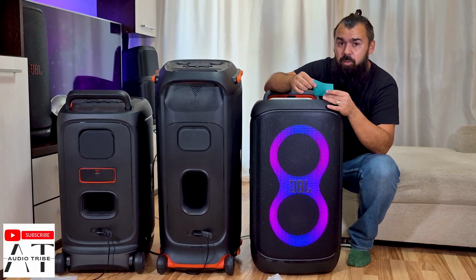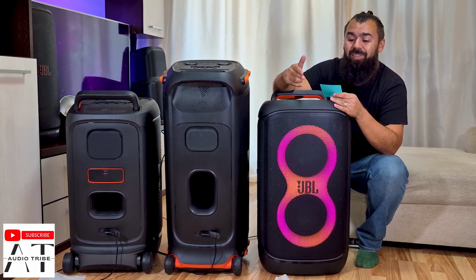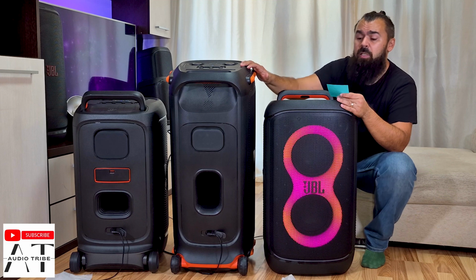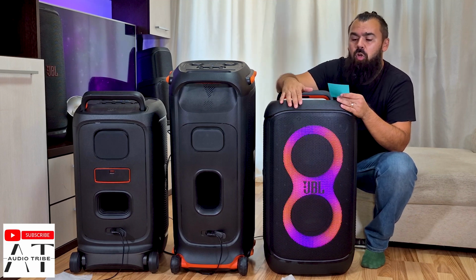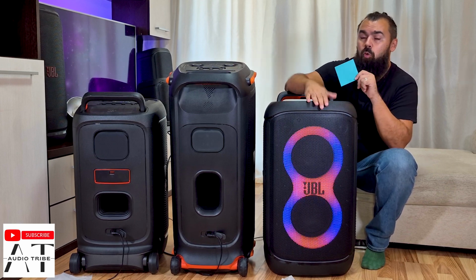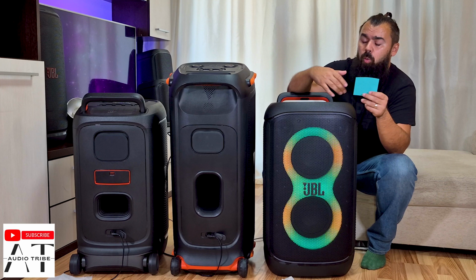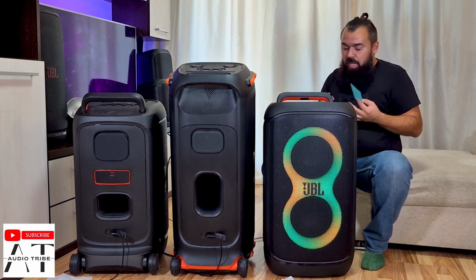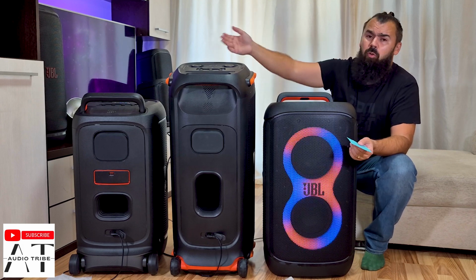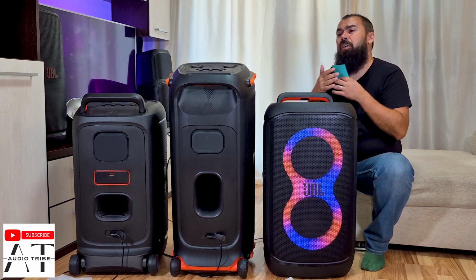Of course, we did a bass test. We put a low 40 Hz flat, and one JBL Partybox 520 reached 113.8 decibels. One JBL Partybox 710 reached only 113.5 decibels, and two JBL Partybox 520 reached 115.4 decibels. So we definitely see that the power in bass is almost similar, even if this has two 7.5 inch woofers and this has two 8 inch woofers, probably because of the size, because of what happens inside the power, it is almost the same. Of course, when two are connected, the power is amazing in loudness, in intensity, in bass, in the shaking of the house,